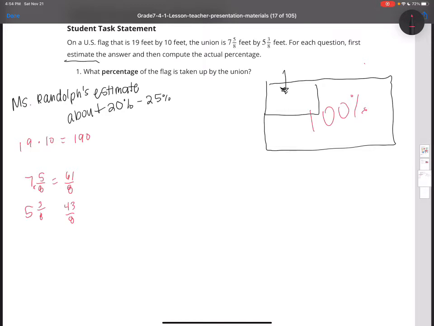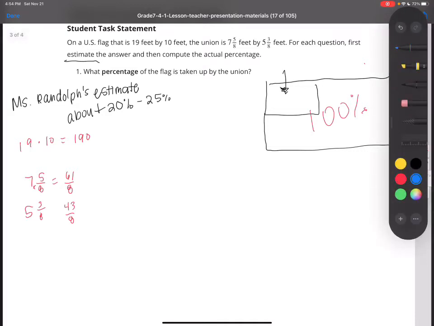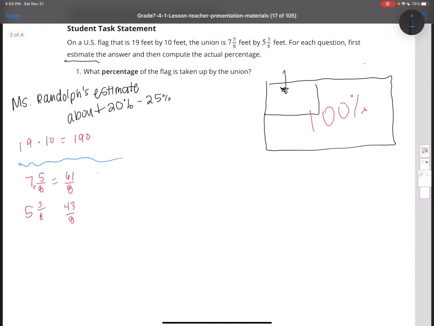Okay, so I want to find the area of the Union. So we found the area of the whole flag. Now I want to find the area of the Union. So what I'll be doing, and I'm going to write that in blue for the Union, is I'm going to do 61 over 8 times 43 over 8. So I want to multiply going straight across, which would be 64 in the denominator. And then for time's sake, I'm going to multiply using a calculator because I just want to show you guys how to find the percentage. And it's going to be